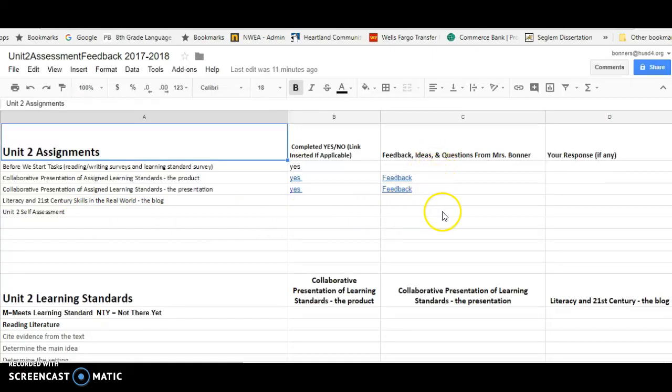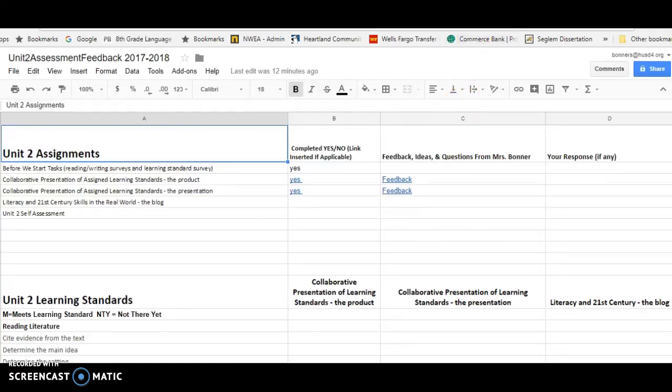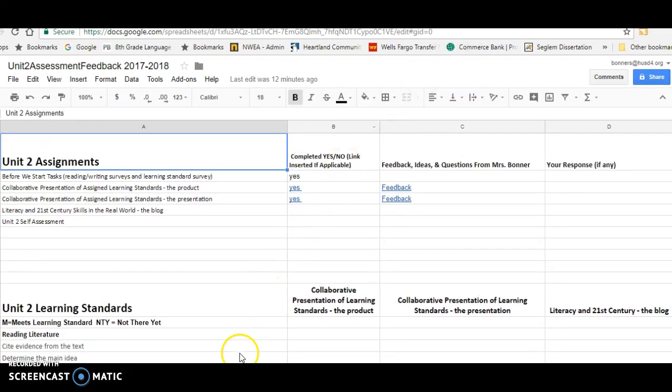Most times, as you saw in the previous Unit 1 assessment, you'll see me typing here on assignments, or you might see a link. If you were to click on these links, these are direct feedback from me to some sort of criteria along those lines. If you were to scroll over to the right here, you'll also see